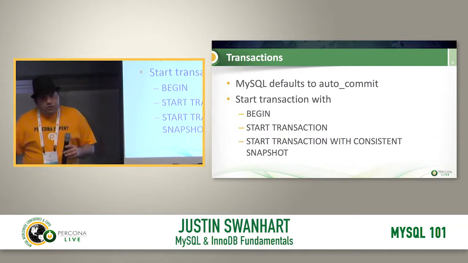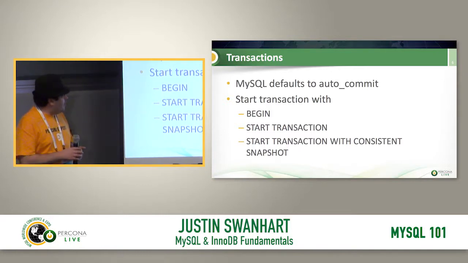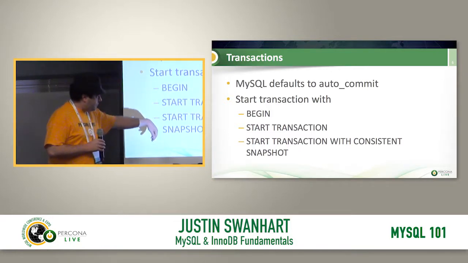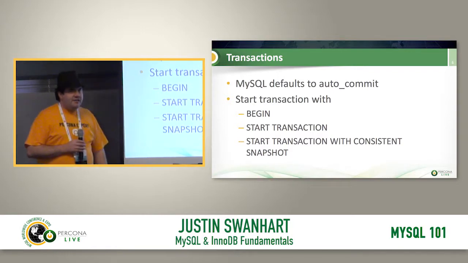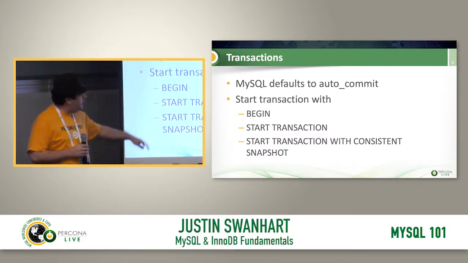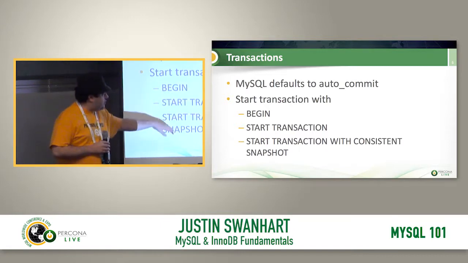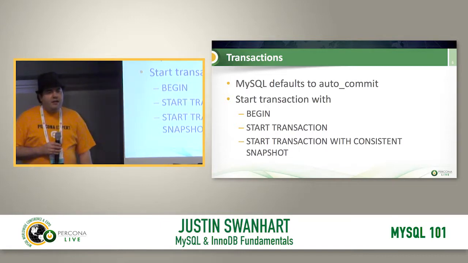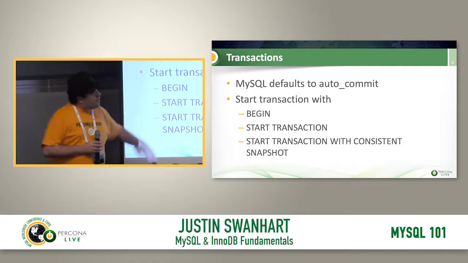Now it is transactional, but it defaults to auto commit, right? So every statement that you run is going to automatically commit after that statement finishes by default. You can start new transactions with begin, start transaction, or start transaction with consistent snapshot. The difference between start transaction and begin and start transaction with consistent snapshot is that these two actually only begin